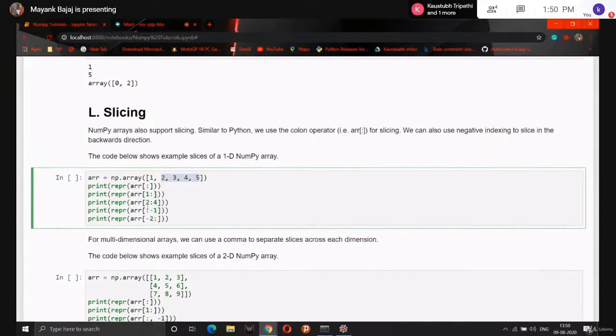Now if we print 2 colon 4, can anyone tell me what will be the output of this? If we are slicing with 2 colon 4. Yes, guys. Aprajita Kumari, right answer, 3 and 4 will be the output.